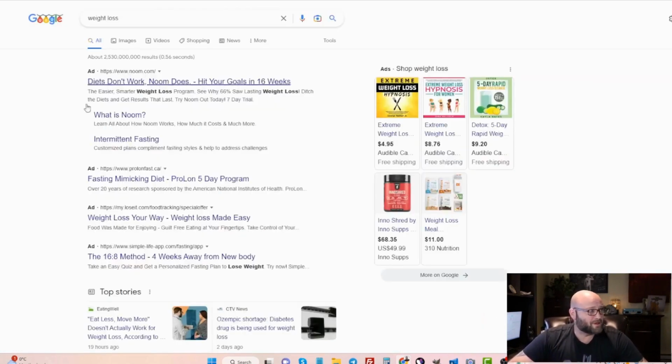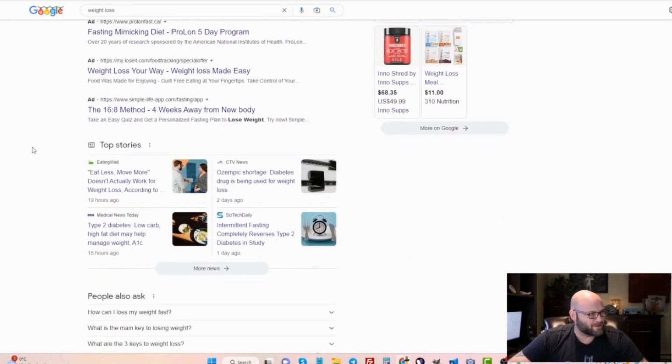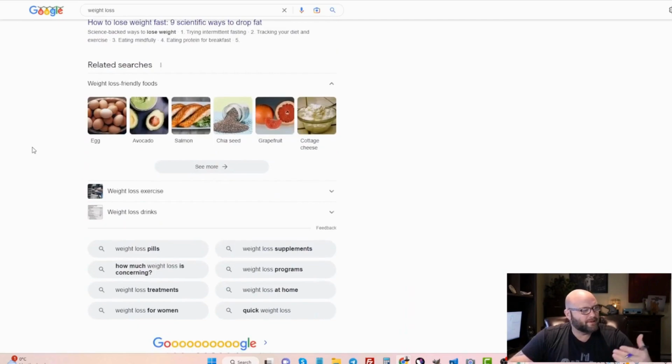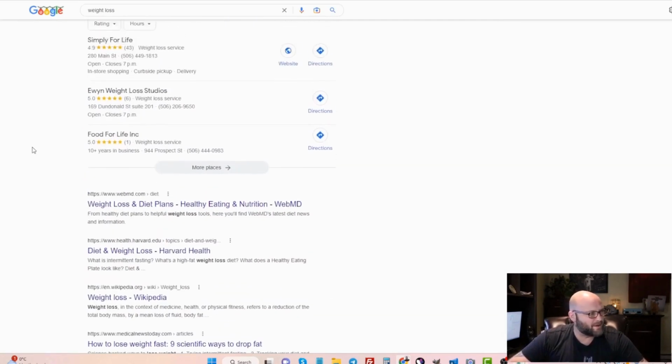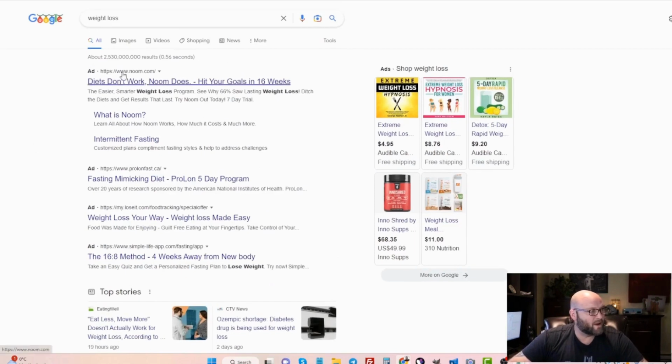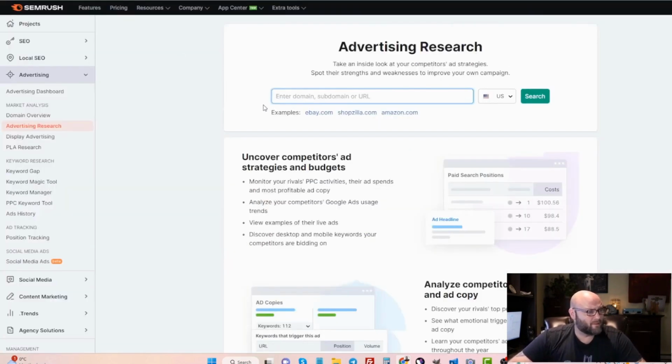Let's go to Google and search weight loss. Weight loss is a very popular topic for affiliates. There's a lot of money to be made. So if you search weight loss, you're usually going to find non-affiliate ads. These are like the Nooms, the Weight Watchers, all the big companies are usually targeting these broad keywords, they're not really hot keywords that you can target on search, but basically you're going to find the big companies, and one being Noom. Let's take Noom as an example and bring it over to SEMrush and type in